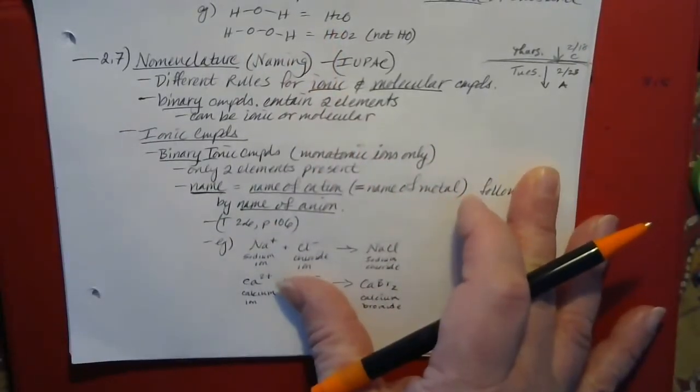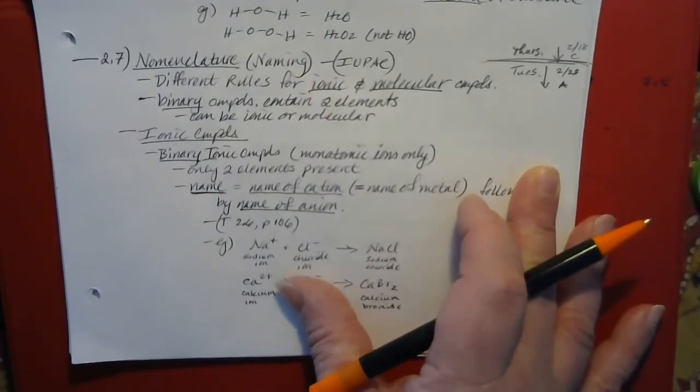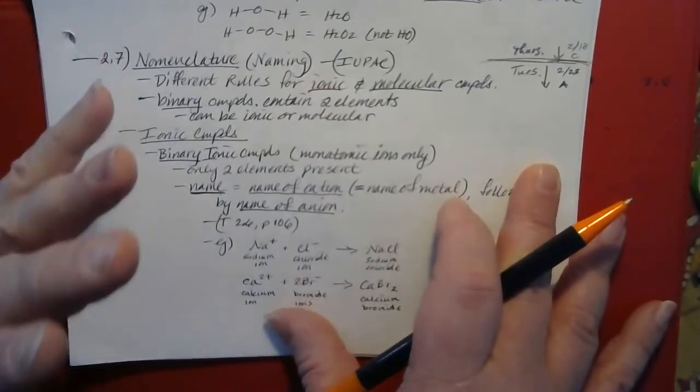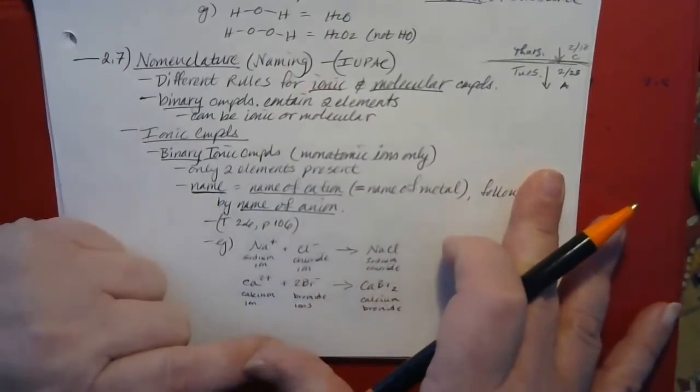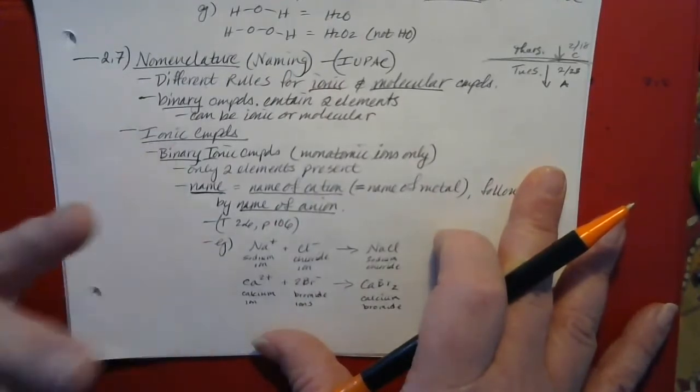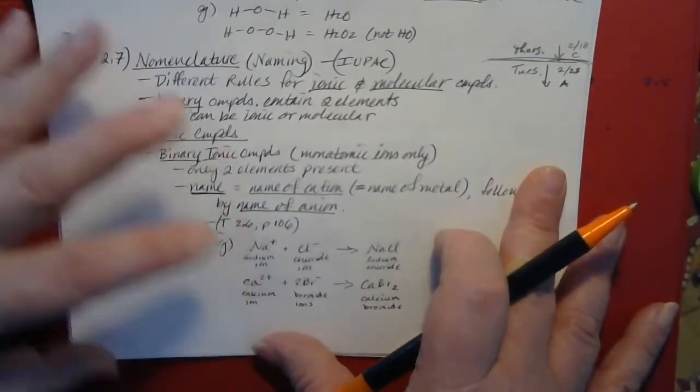But because there are literally tens of millions of compounds out there that are known, and probably millions and millions more yet to be synthesized, there has to be some sort of systematic way of naming compounds,